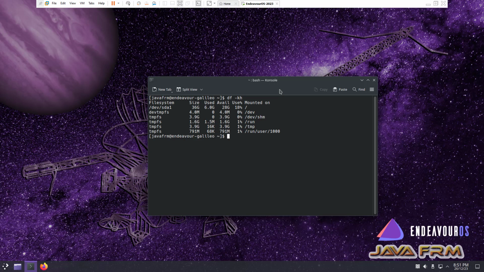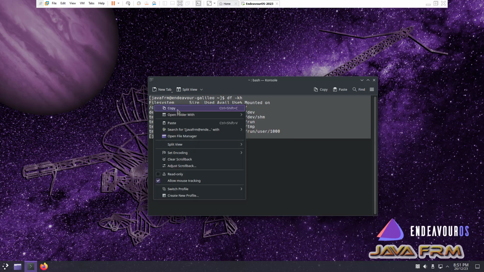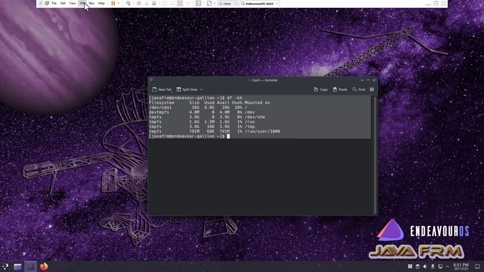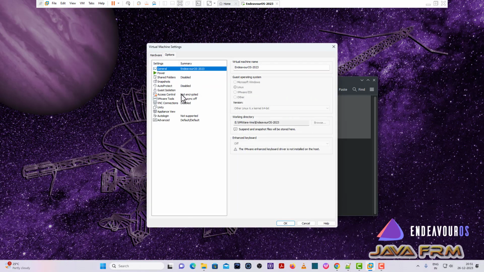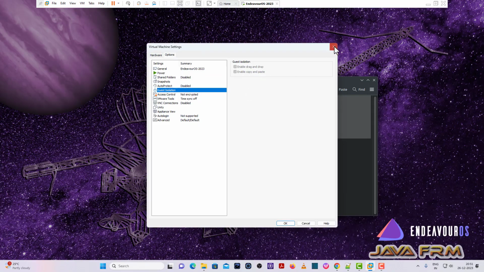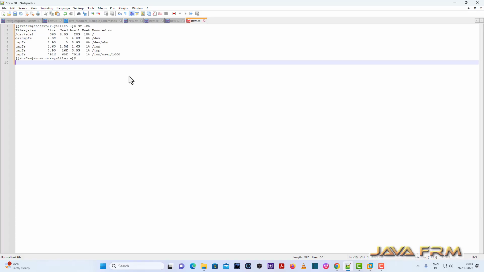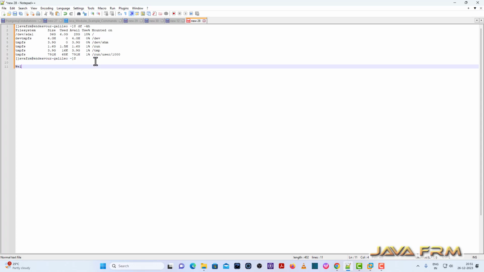So I am running some commands here. Let me try to copy paste. Before that, I am checking whether drag and drop and shared clipboard are enabled. Yes, I am able to copy paste the content from the EndeavourOS virtual machine to the Windows host machine. Let me try from host to